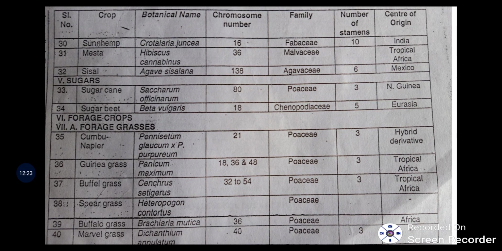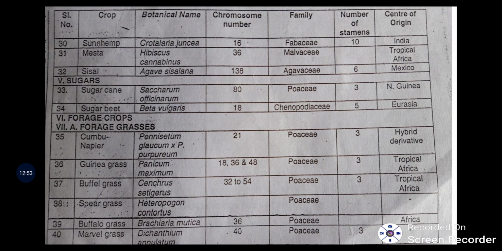Next we talk about sunhemp, that is another fiber crop, which is Crotalaria juncea, having chromosome number 16, belonging to family Fabaceae, where the majority of our pulses belong. The number of stamens is 10 and the center of origin is India. Mesta. Mesta is Hibiscus cannabinus, which has chromosome number 36, belongs to family Malvaceae like cotton, and the origin is